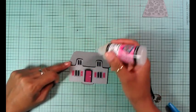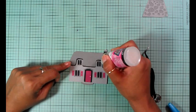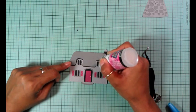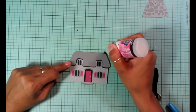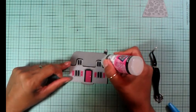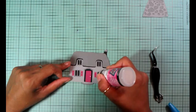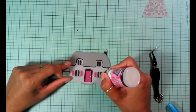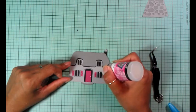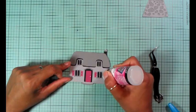Guys, I hope you don't see my head. I can't see. I'm gonna do the chimney also. I have to go to work later on, so this might be, well, what I'm trying to do is show you guys this, and then